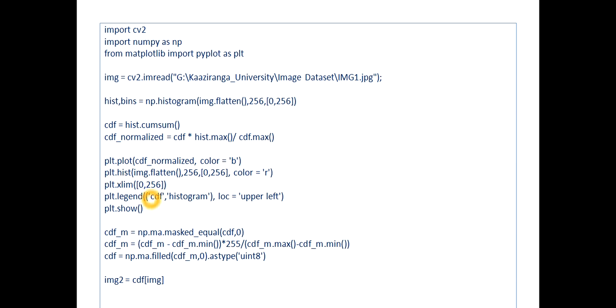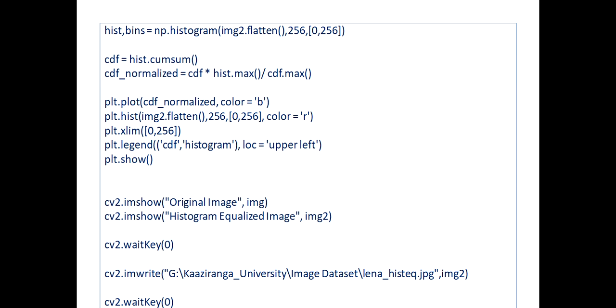You just use the modified CDF instead of the original CDF, and in that way you will get the histogram of the equalized image so that you can compare their values. I'm not going to describe this portion again. This portion is the same, just use the modified version instead of the original one.